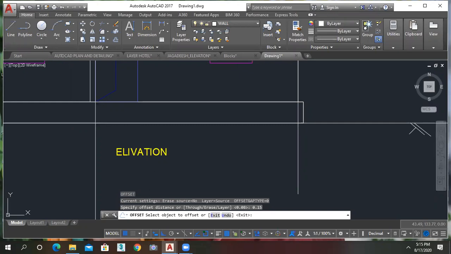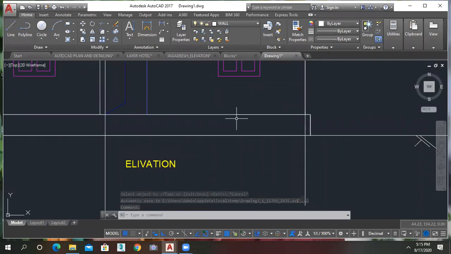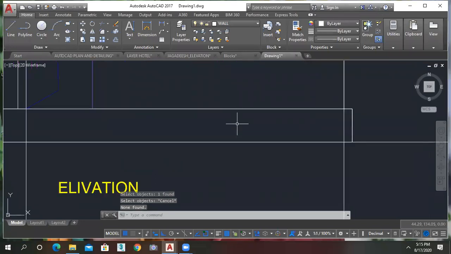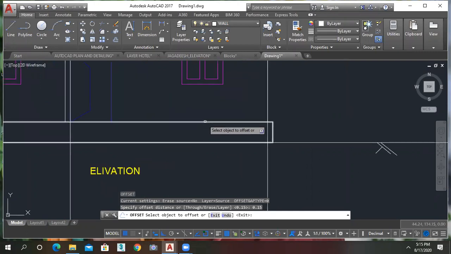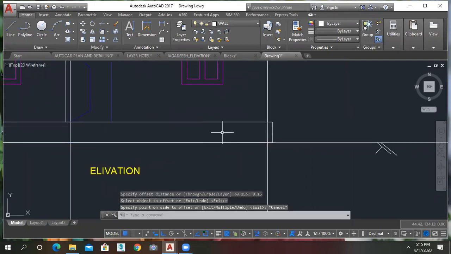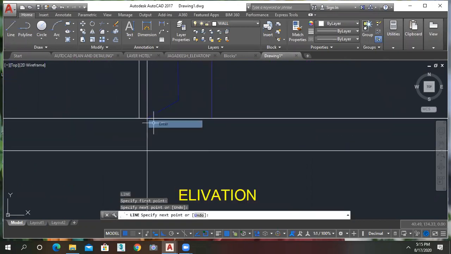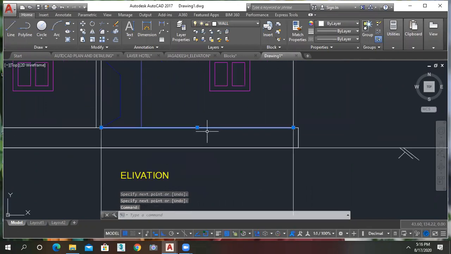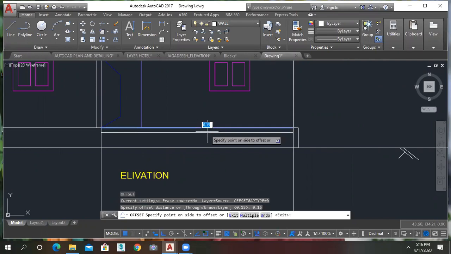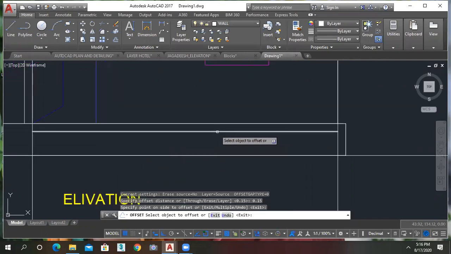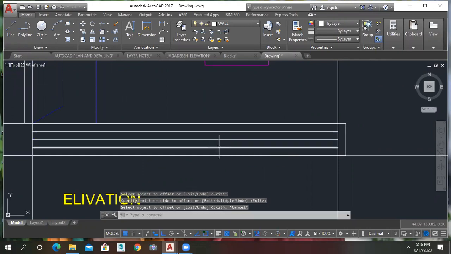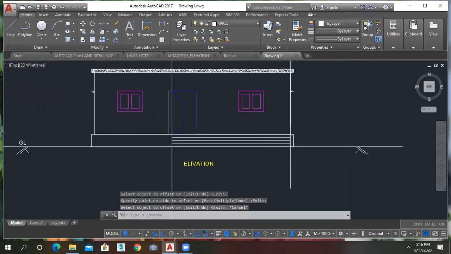So before that, this is a box actually. I just explode it. Explode, EXPL. Okay. Explode it like this and offset 0.15 meter for the step. No, it's not exploding. Just draw a line one more. Okay. For this line, you just give offset 0.15, 0.15. Okay, like this. Okay. And for this,